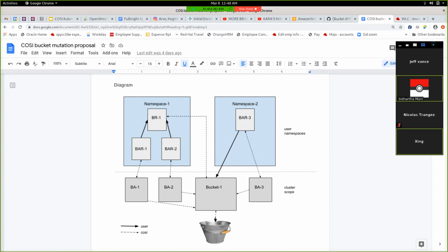Yeah, I'm not saying this is a big problem. I'm just saying it's additional complexity that wasn't in the original design. Originally, BARs always bound to BRs, so you just have one field, you know what it is, and validation is easy. Now we're going to have two fields, and validation is going to be a little bit more complicated